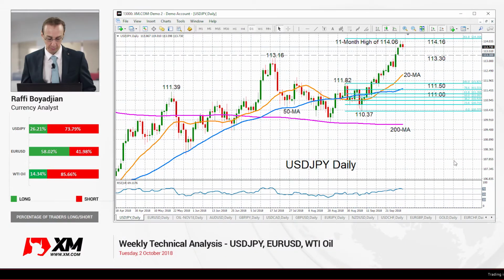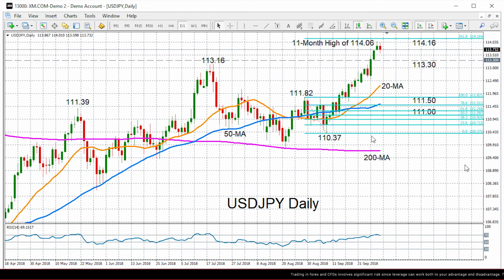The pairs we're going to look at for this week are the dollar yen, the euro dollar, and WTI Oil Futures, the November contract. Starting first with dollar yen, we can see the pair is looking very bullish in the short term. RSI is hovering around the 70 overbought level. That does possibly indicate a short-term downside correction, and we can see that through price action today, which is moving